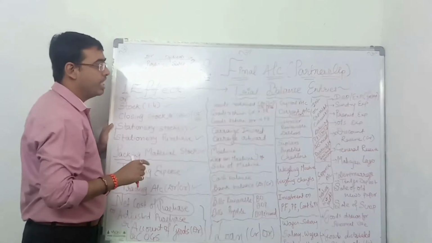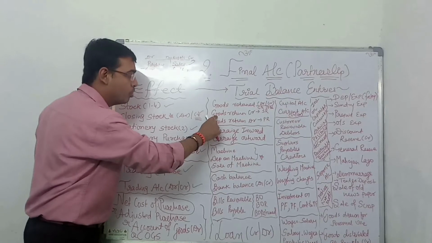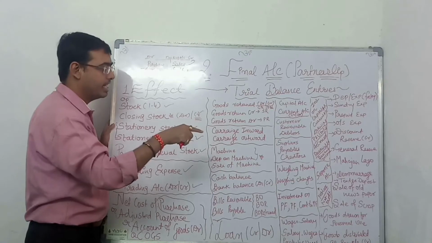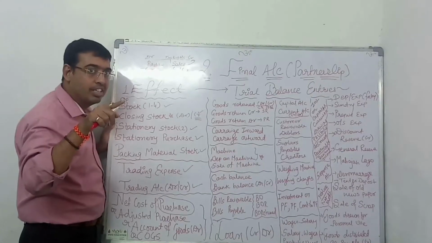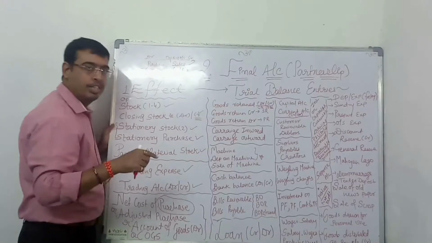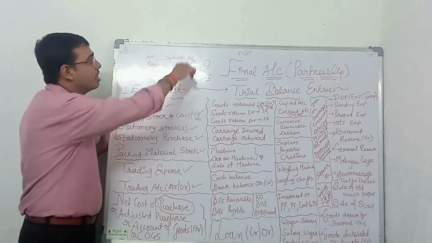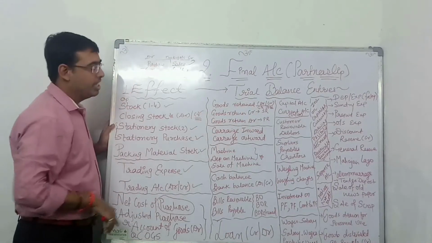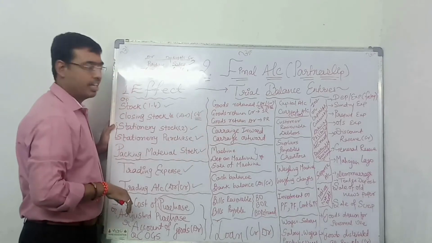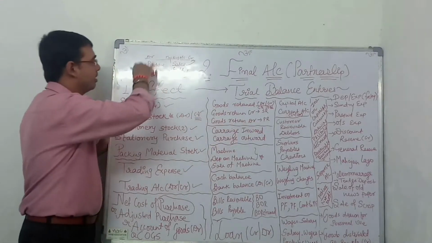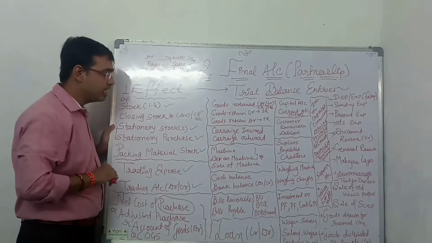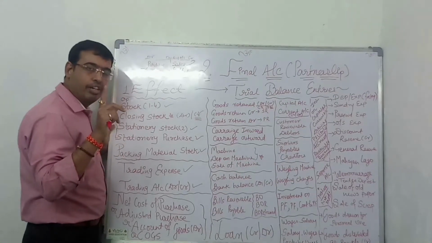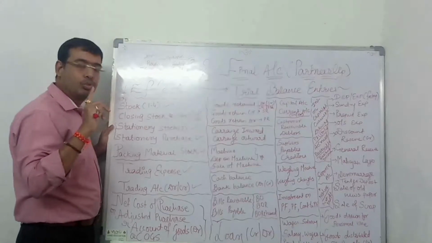Now, if they have written the whole phrase, goods return credit, then you need to understand that it will come at the credit side. Simple, it will come at the credit side, which means it is sales return. And goods return debit: if it is return, then you have to understand that this will come in debit. Clear? Understood? Chalo. Now, if you have any sort of query, please comment. I will respond as soon as possible.